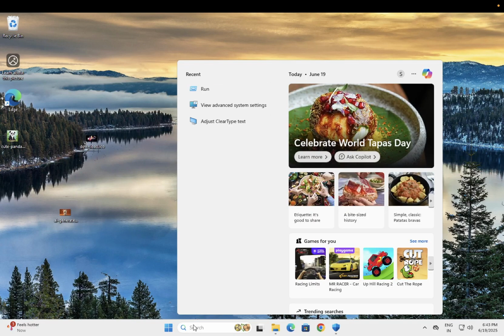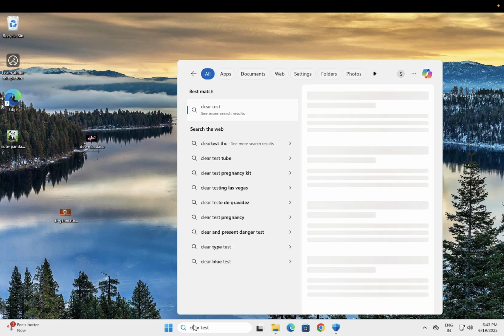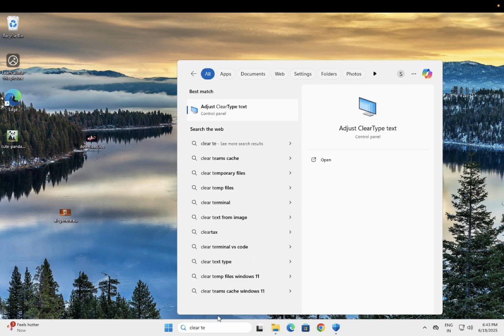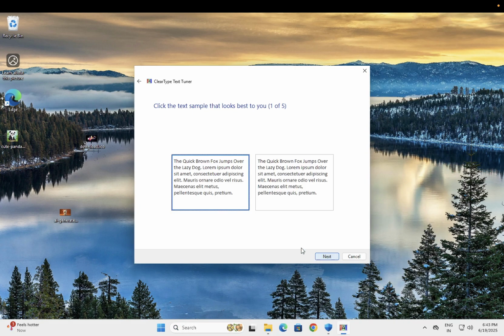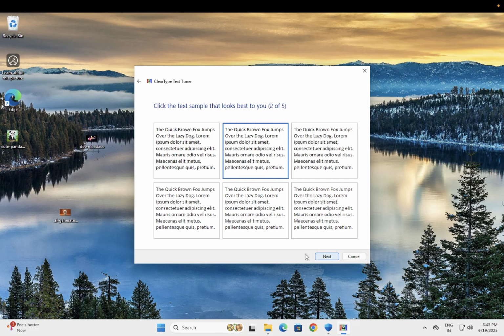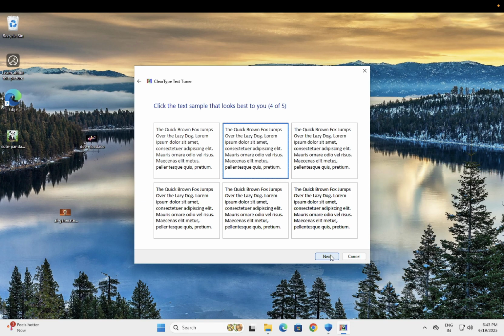You need to type a clear text, and once you type here clear type text, just click on that option, then click on next. Select here which is looking best for you. It is also looking that option. Next. Now choose the best option which is looking good from your point of view, and then you can choose next,